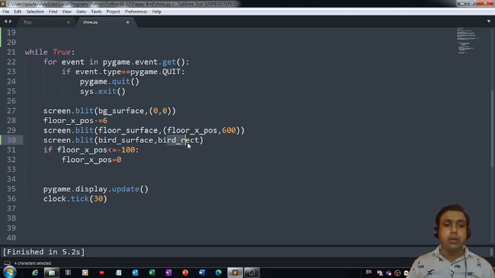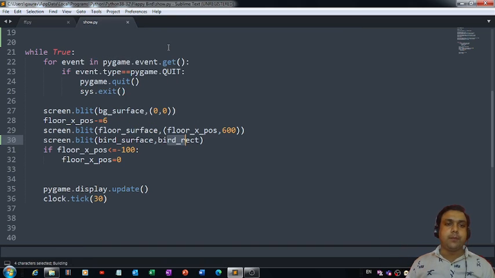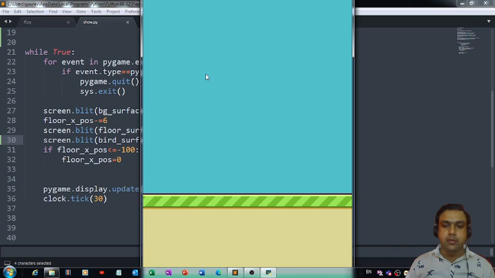This rectangle will not be visible to us, right? It is an imaginary thing which we'll not be able to see on the display window, but definitely it will be there. Okay, so let's run this game,